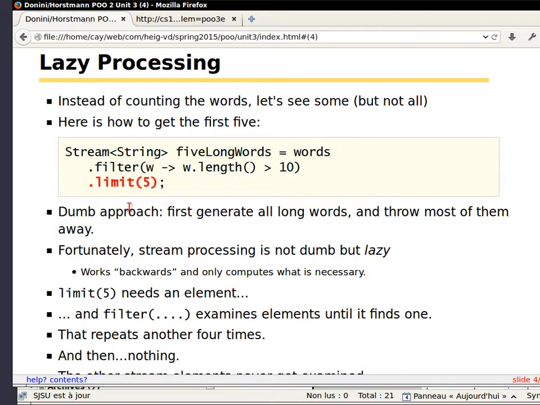And then that element will be returned as the first one. Then when the second one comes around, the same thing happens. So filter will look at more elements and deliver one. At some point,